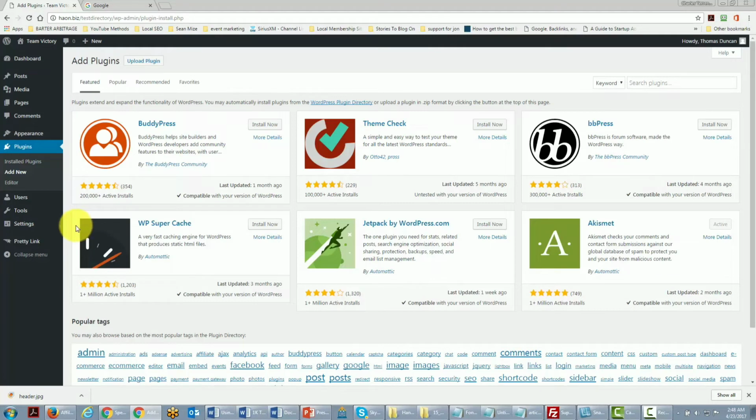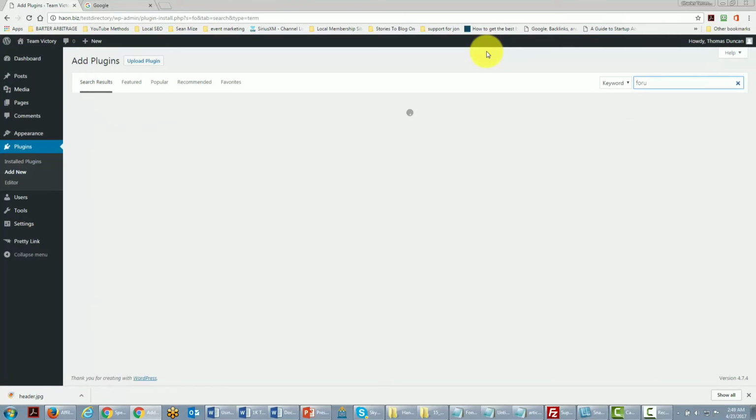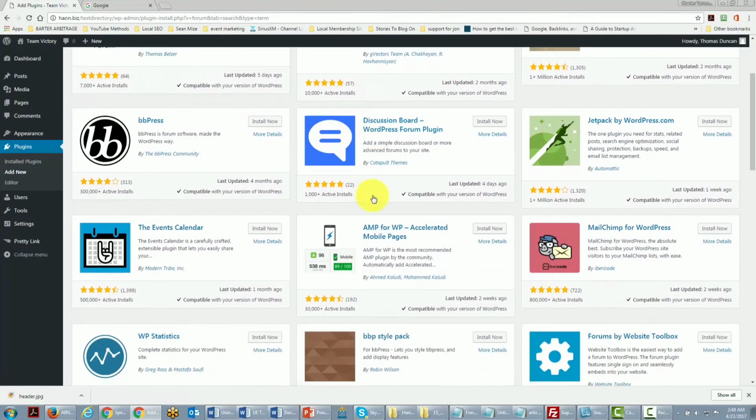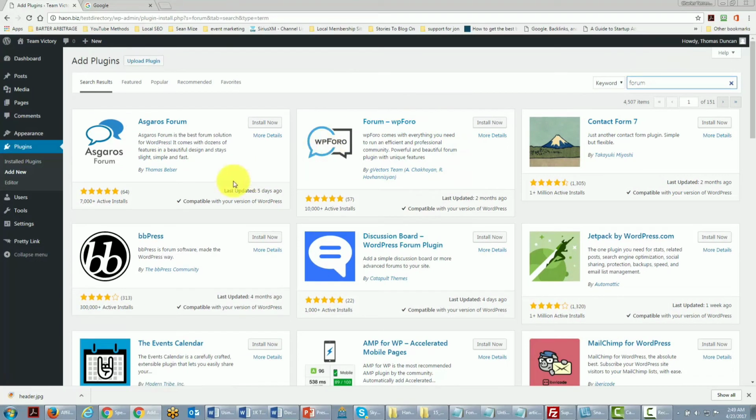And what you're going to do is you're going to start your search inside of WordPress. And you'll see that there's a keyword area right here. And what you can do is you can place the function that you're actually looking for. So, for example, you're trying to find some additional functionality so that you can add a forum. And so you might type in forum here. And WordPress will search for all of the plugins that can be used that will put a forum onto your site. And so you can actually see reviews and what you can actually add to your WordPress site by clicking